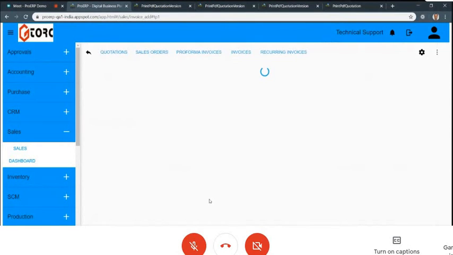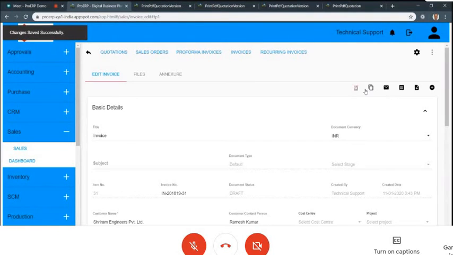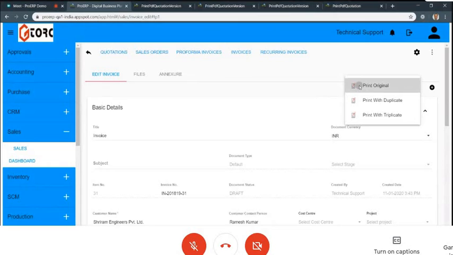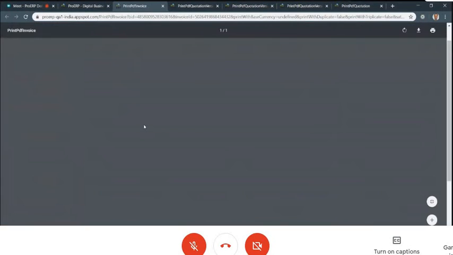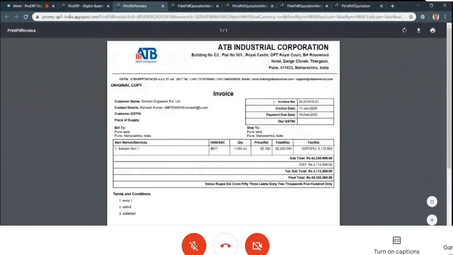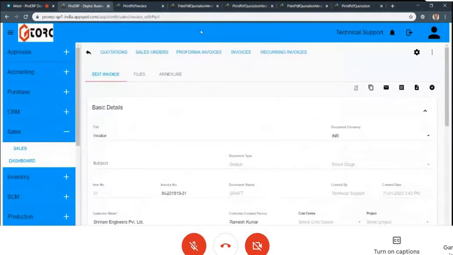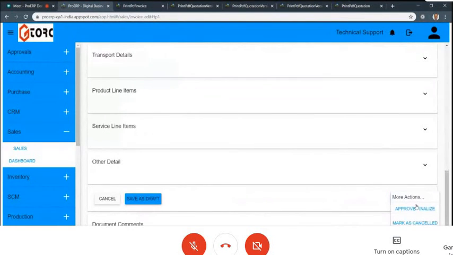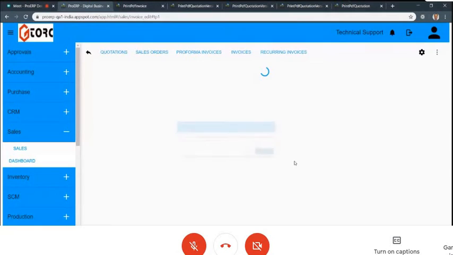I'll just mark it draft, and I can keep saving any document in draft. Then I can print and see how it looks, whether the terms and conditions and item description are proper. I can add a customizable template. Now I'm finalizing this invoice, and of course, when I did a delivery, it reduces the appropriate stock from the inventory.